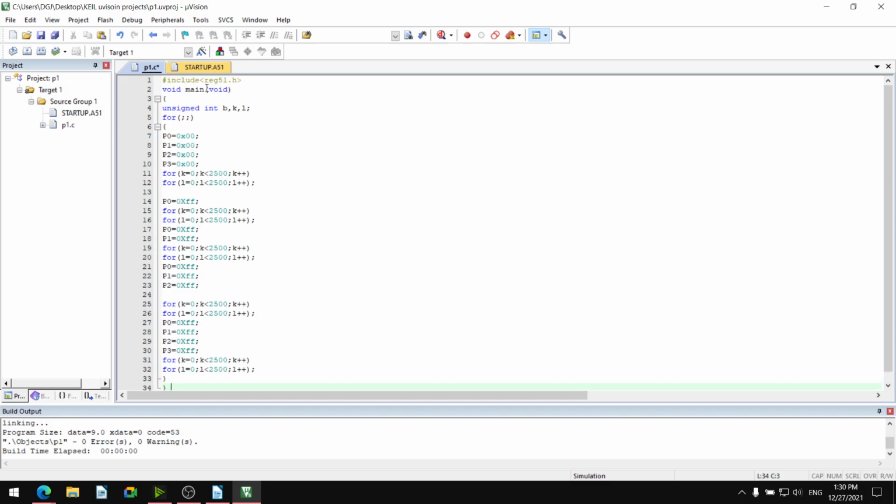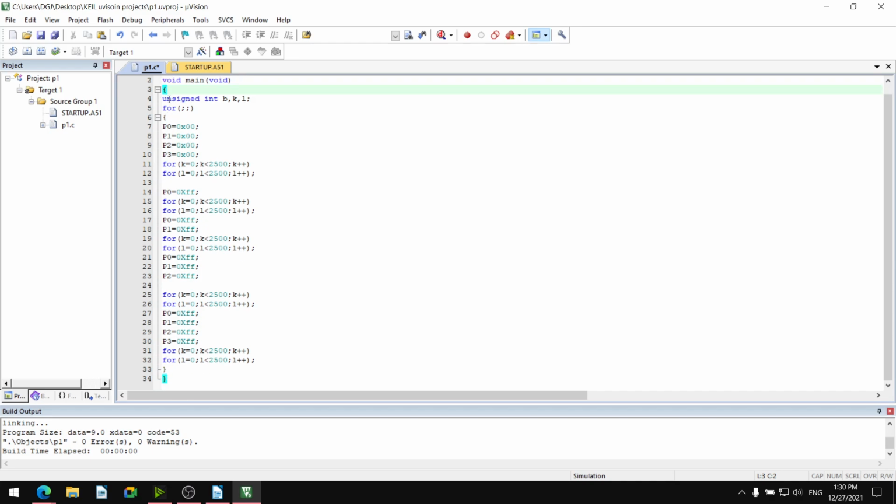Include reg51.h. This is the inclusion of the header file REG51. Then void main void is the starting of the main function, with an opening curly bracket and a closing curly bracket.